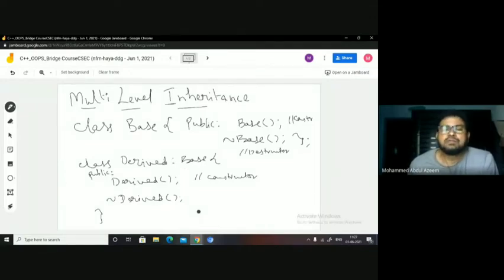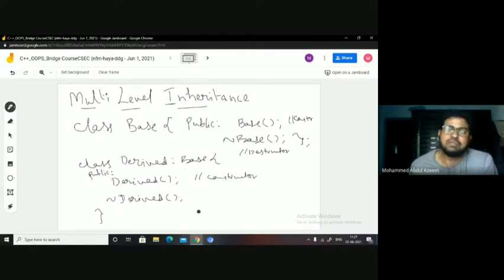Fine. So I can have destructors even in the inheritance process as well. But how the process will take place is, when I have a base class destructor, this base class destructor also must be called when the derived class object scope is going out, right? In the derived class destructor, the code which I am going to write is to deallocate the memory which has been occupied by the derived class members.